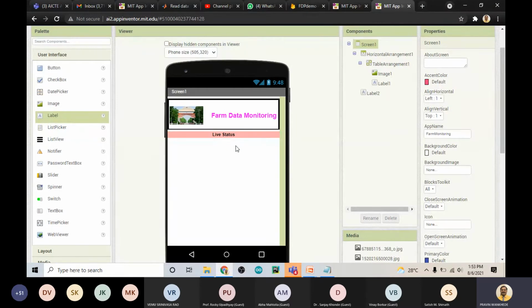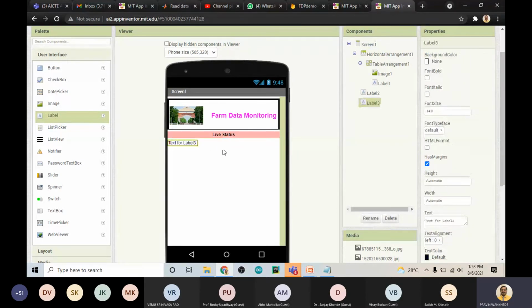And then I'll add another label here to print the data which is coming from our Firebase. So I'll again make the same properties here. I'll make the width fill parent. I'll make the text center. Okay. I'll make the font bold. I'll make the font size 20. Okay, but I want here our sensor data. So here the live status of